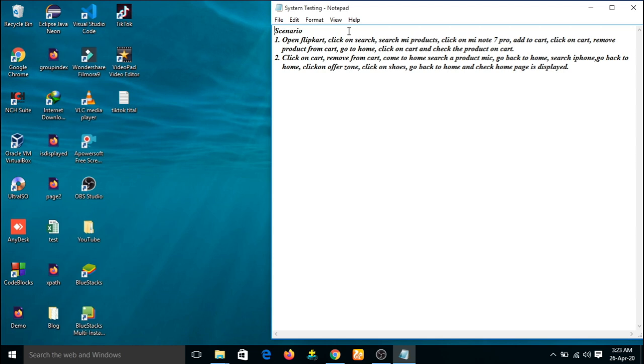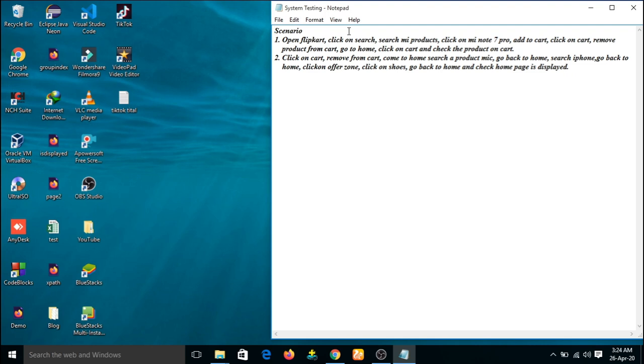First trick is, any application starts from login, then navigate through all the features, meaning three, four, five features you navigate. After that, you just log out. Then it will become one scenario. This is one trick to write the system testing scenario. Second trick is combine minimum 6 to 8 features and make it an end-to-end scenario.